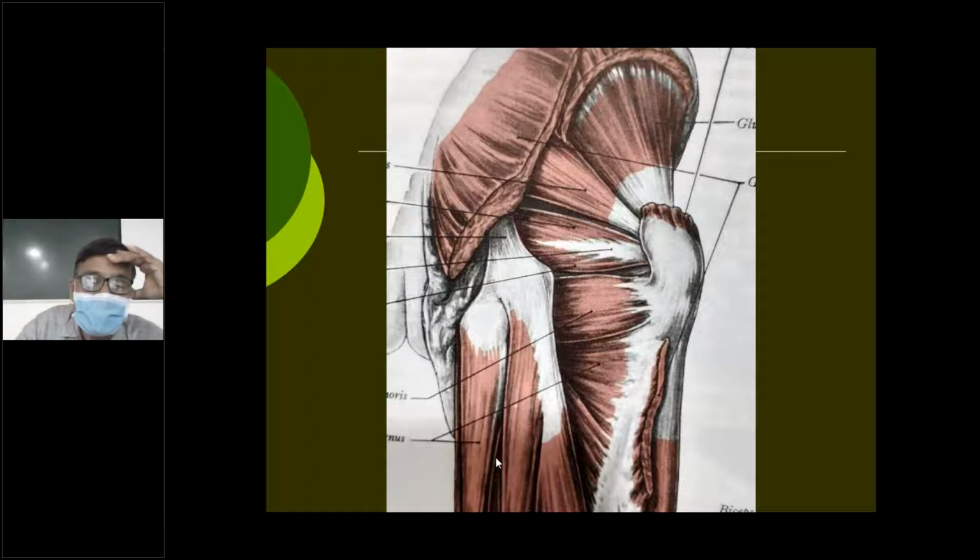So I repeat, adductor magnus, this one, this all here also, adductor magnus, and then the background semimembranosus, and then semitendinosus and the long head of biceps arising together. So adductor magnus, semimembranosus, semitendinosus, long head of biceps. Their origin from the ischial tuberosity is also overlapped by the gluteus maximus. And that is how I completed the muscles under cover of gluteus maximus.